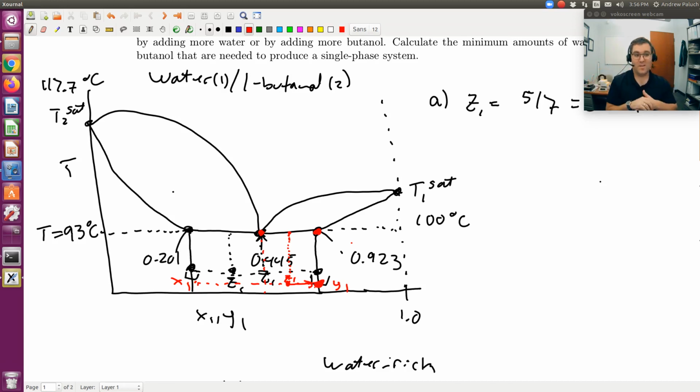Cool. Now you could go the opposite direction too. If I were to add butanol, that would correspond to decreasing Z1. So you could also think of adding butanol until I reach this phase boundary, at which the water-rich region would disappear, and I'd just be left with the butanol-rich region. So basically, starting with Z1, you could take a basis, assume some initial number of moles of